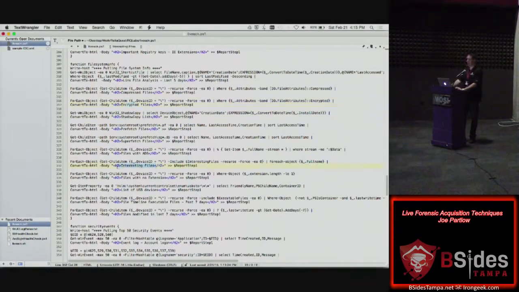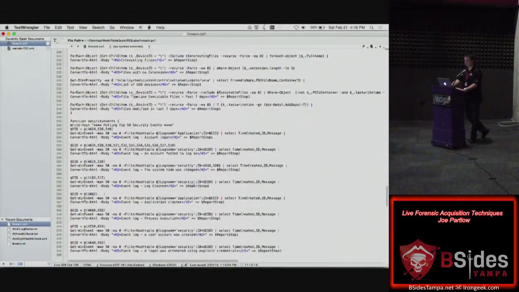Interesting files, you could say, hey, pull out everything with an extension of, I don't know, VBS or 7Z or whatever you want. You could just give it a list of file extensions and it will rip through that pretty quick. Files with data streams. Again, classic, oldie but a goodie, but let's go through and pull all those files, grab all the streams out of it where it's not the data stream, which is the typical, that's your real data. Everything else is going to be